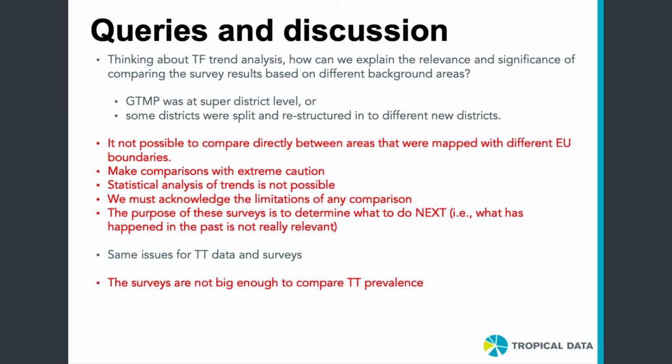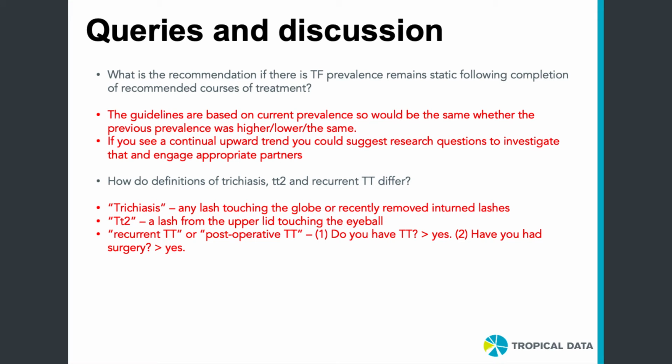The same issue arises for TT and TF surveys that are not big enough or statistically powered to compare TT prevalence, and so caution should be taken when discussing these results. What is the recommendation if the TF prevalence remains static following completion of recommended courses of treatment? The guidelines are based on current prevalence, so would be the same whether the previous prevalence was higher, lower, or